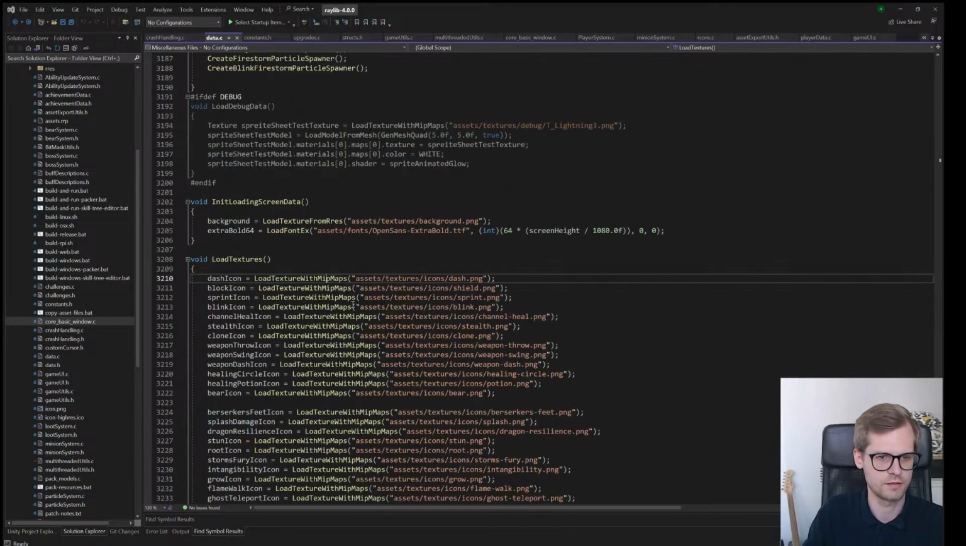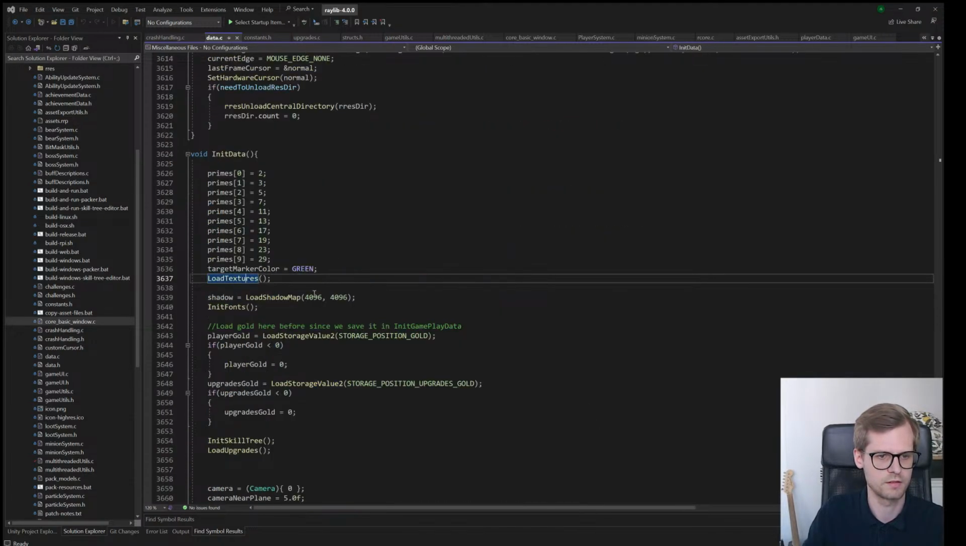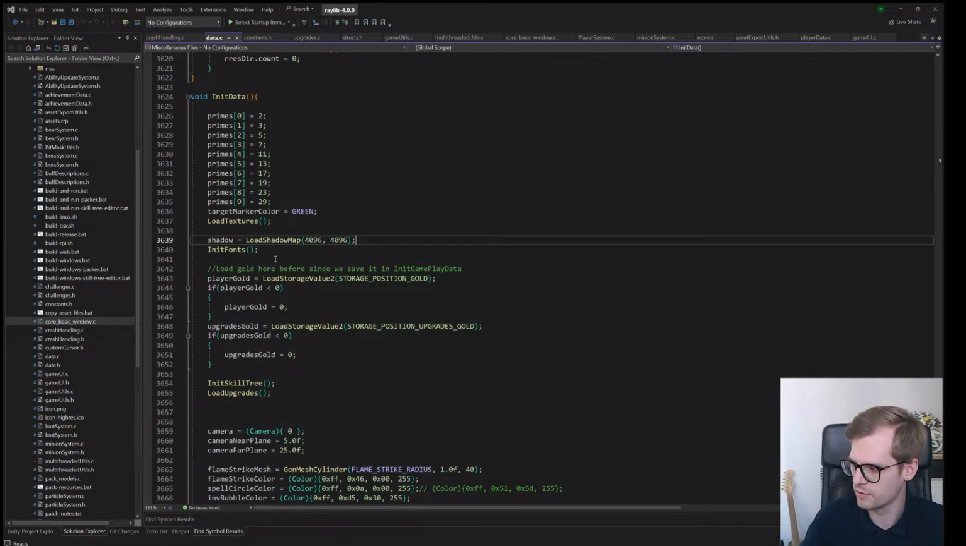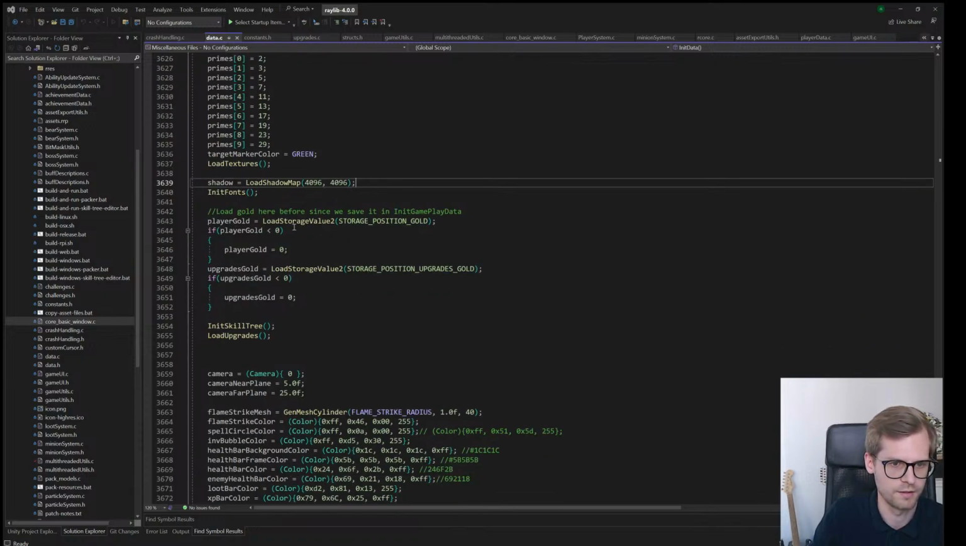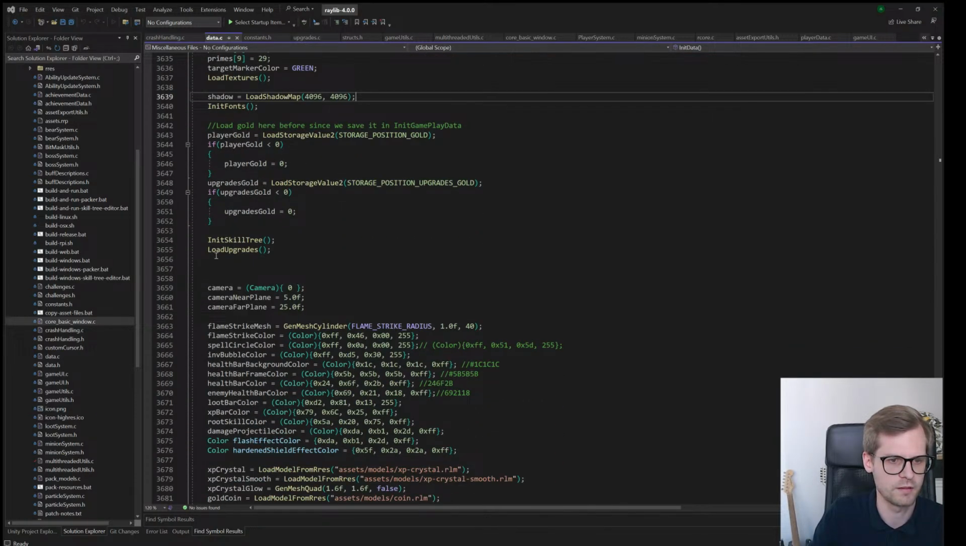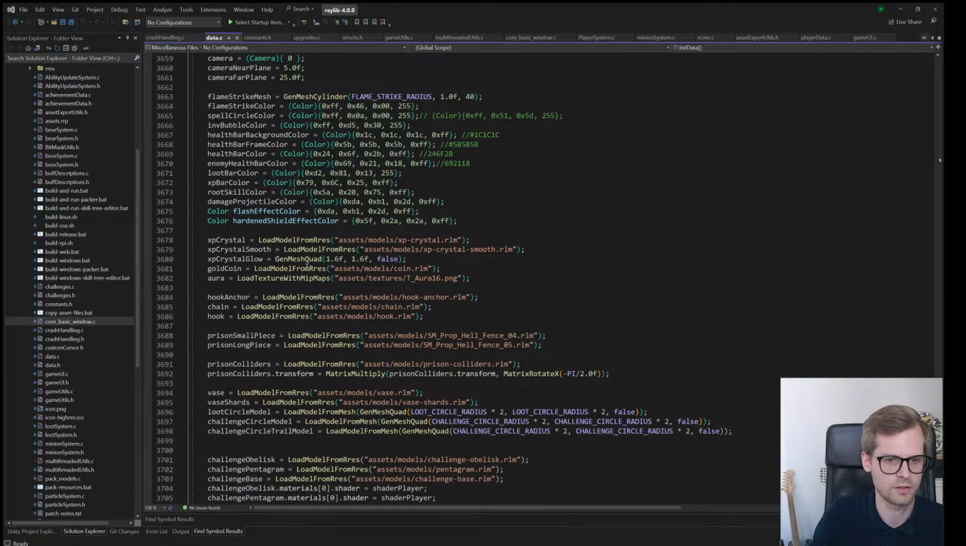And let's go back. Yeah, here we also just initialize the shadow map. The shadows in the game are just using a typical shadow map. Yeah, but let's skip ahead a bit. We'll go back here later and talk about